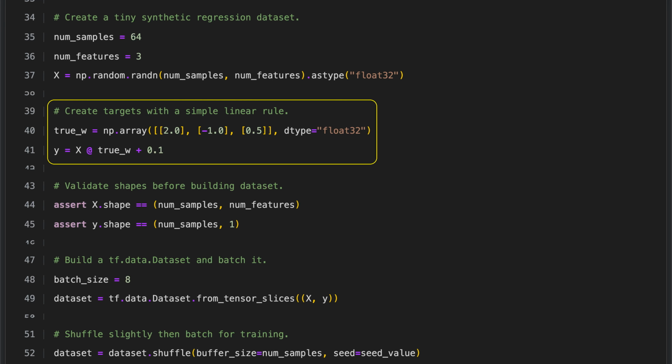We define the true weights of our linear model as the 3 values 2, -1, and 0.5, which act as the coefficients for the features in our synthetic dataset. To generate target values, we multiply the feature matrix by these weights and then add a small constant bias of 0.1. This process creates targets that follow a simple linear relationship, which we will use to train and evaluate the